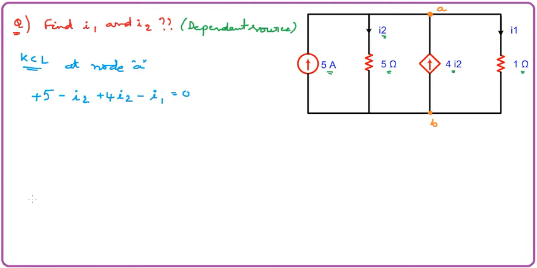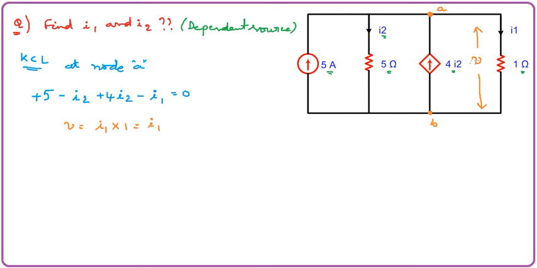Now what do we need to do? We need to solve for both I1 and I2. So here we need to assume one more thing. Let me assume V is the voltage across this 1 ohm resistor, this part and this part. If that is the case, then according to Ohm's law, V is equal to IR. I1 is the current flowing through this 1 ohm resistor, so V is equal to I1 into 1, which is equal to I1.